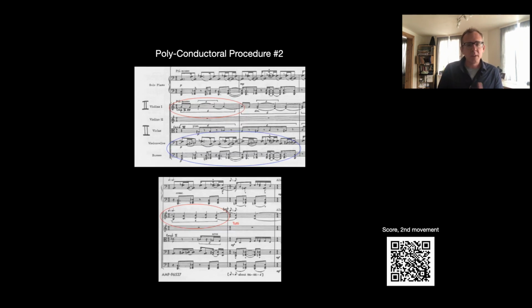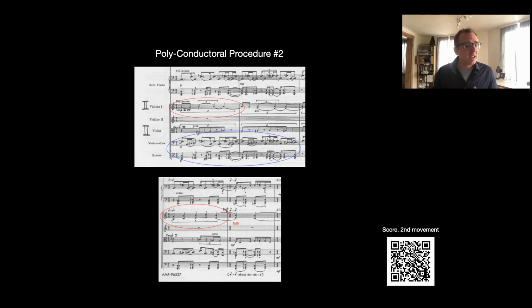The second example here starts in the second measure of figure 5. The assistant conductor rises very briefly to conduct the first violins for 4 measures and then the violas for 3 measures. The principal conductor retains control over the rest of the orchestra. Circled in red, the group under the assistant conductor's directions performs a rhythm subdivided into 4 beats per measure. This occurs against a backdrop shown in blue of a measure divided into 3 equal parts, though rhythmically complicated. An example here of composed polymetric situation of 4 against 3.